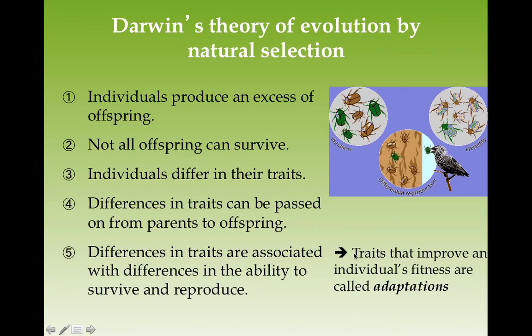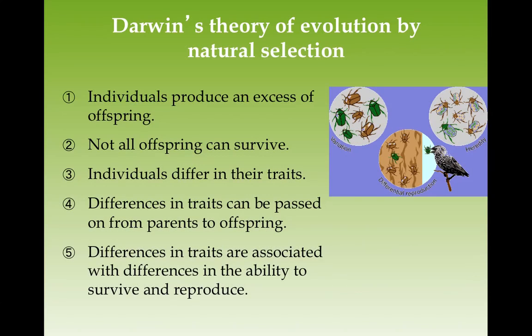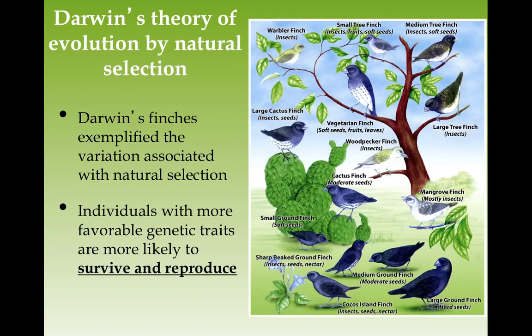So those traits that improve an individual's fitness are called adaptations, which I'm sure you've heard of before. But it's all about what the adaptations to a certain environment are that enable an individual and a species as a whole to survive and thrive. And of course, the best adaptation is going to vary from one environment to another, which is how and why you get all these different finches, because each island in the Galapagos had a different environment,